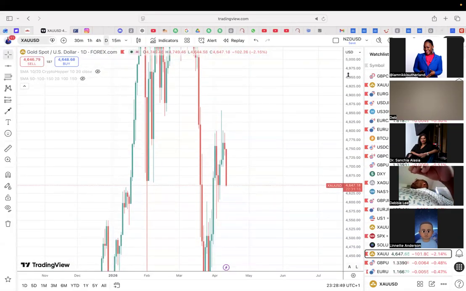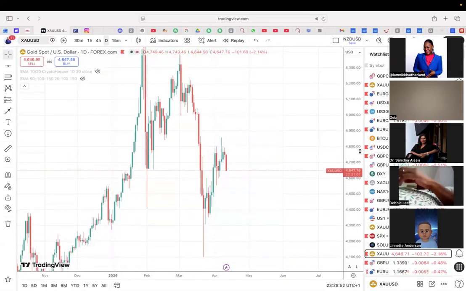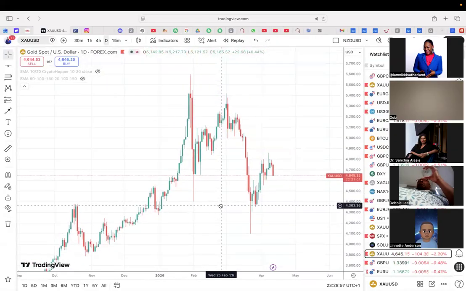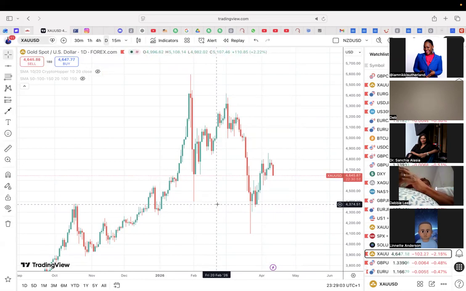Now, one of the things I can tell you for sure is this. You want to back test. Whenever you're taking your own trades, you want to back test for at least 90 days. I would normally say 6 months, but 90 days of back testing so you can actually see when you trade well, when you've made losses, the reasons why you've made losses. If you are taking your own trades, I'm not talking about trades from an expert or trades from our group or trades from the scanner. I'm talking about if you are predicting your own trades and you haven't back tested over a 3 month to 6 month period,